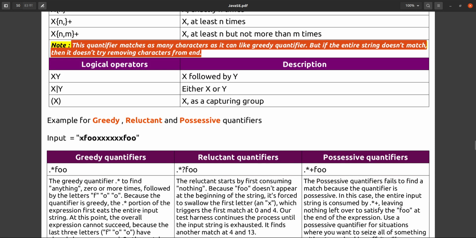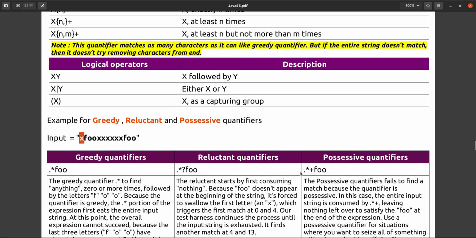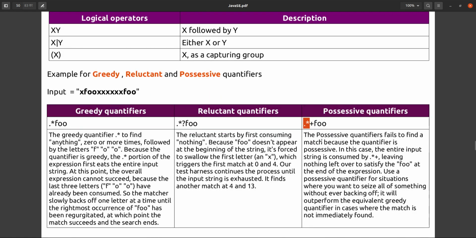Suppose it takes the first x, then it accepts one more x, and then it's not coming. After that foo should come, but the complete string will be consumed. Suppose the possessive quantifier failed to find the match, because the quantifier is possessive. In this case the entire input string is consumed by this only.